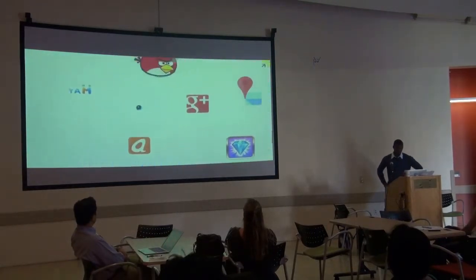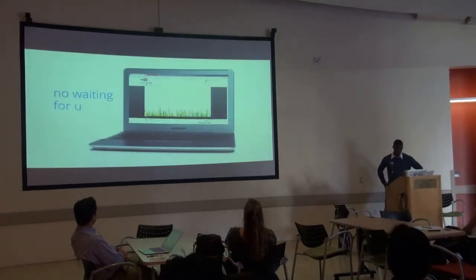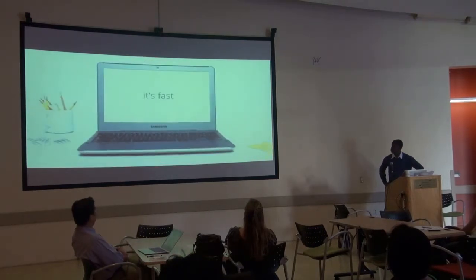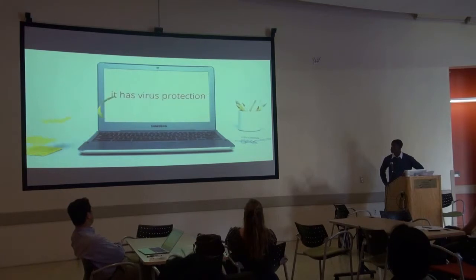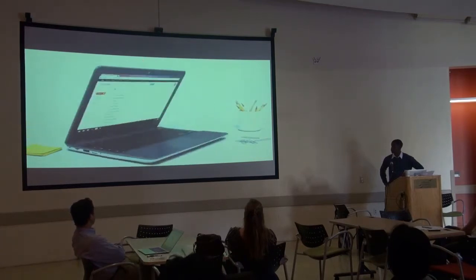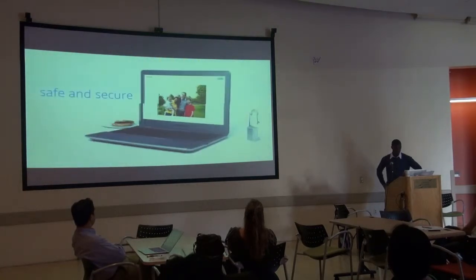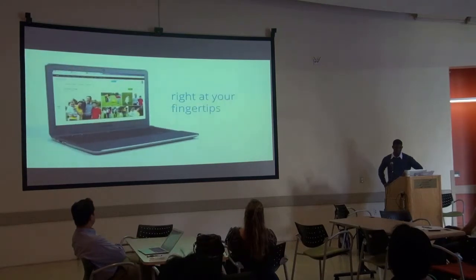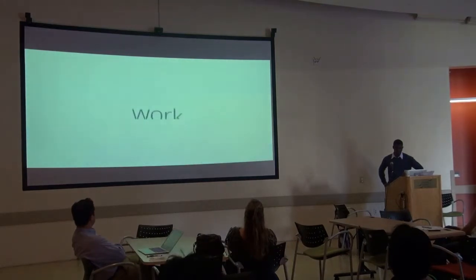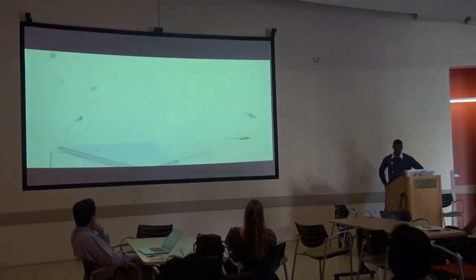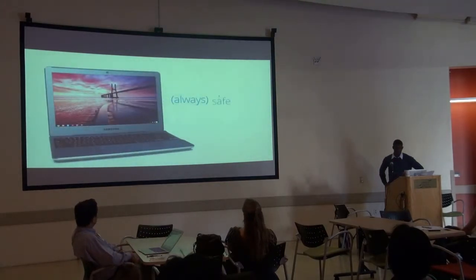In fact, there are thousands of apps to help you get it all done without waiting for updates, rebooting, or, well, you know, and it's fast. Chromebook boots in seconds. It has virus protection built in, and you're connected to the cloud. So your stuff is everywhere you need it to be. Safe and secure, and always right at your fingertips. You can work anywhere with your Chromebook. Online, offline, on a plane, on a train, in a tree. If you're always updated, always safe, always fast, always new